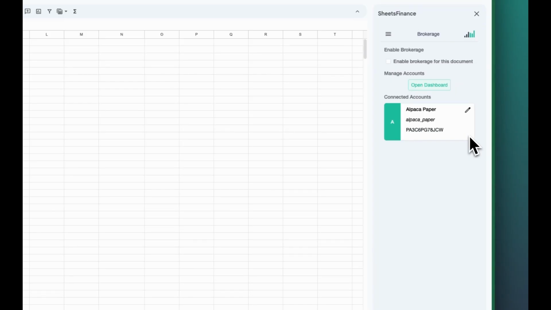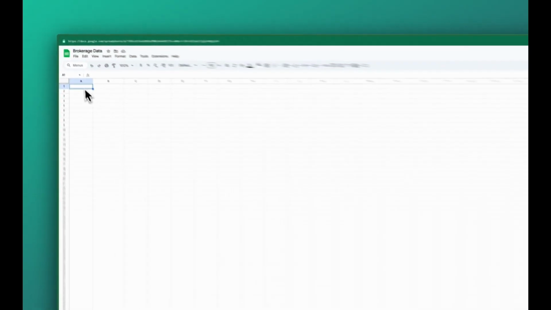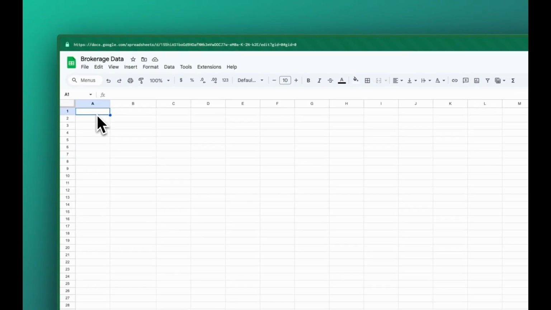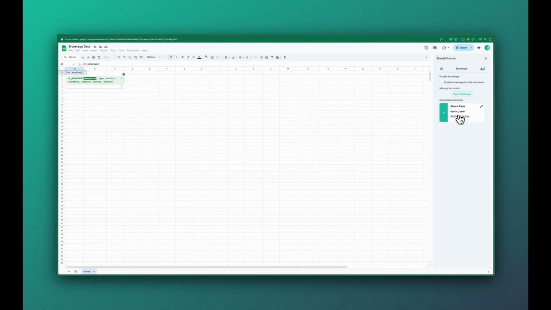Cool. So that's the account connected, but how do we actually access the data? So now that it's connected, everything is accessed through the SF_brokerage function, which looks like this, equals SF_brokerage here on the left-hand side. Now, the way we actually access the data is we need to enter the account's nickname. Now, the nickname will be auto-created when you first connect to the account, and we can see here on the right-hand side that the nickname is